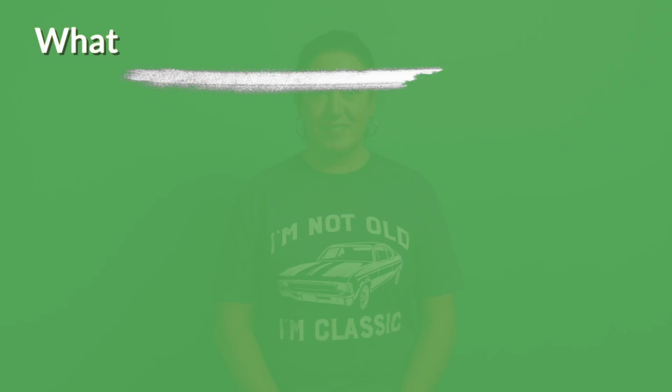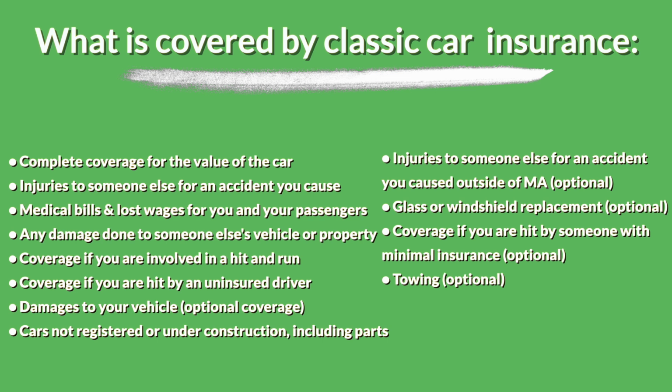While classic car insurance is similar to a standard auto insurance policy, there are some differences, exclusions, and optional coverages tailored to owning a classic car that you'll want to be aware of. Classic car insurance typically covers complete coverage for the value of your car, injuries to someone else for an accident you cause in Massachusetts up to your policy limits, medical bills and lost wages for you and your passengers up to your policy limits, any damage done to someone else's vehicle or property, coverage if you are involved in a